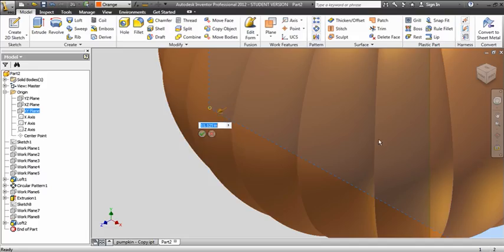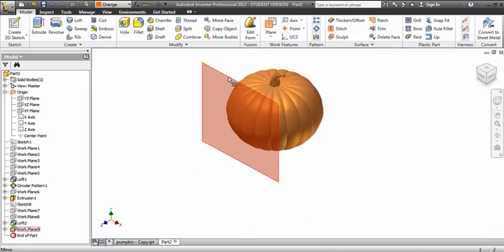Right there. Mine was 11.125. Yours might be different because it depends on how big your spline was to begin with. So you don't necessarily use this number. You just pull this arrow out until you've gotten past the pumpkin so that you're right outside of the border here. Click check. Okay, this plane is where I'm going to make the face